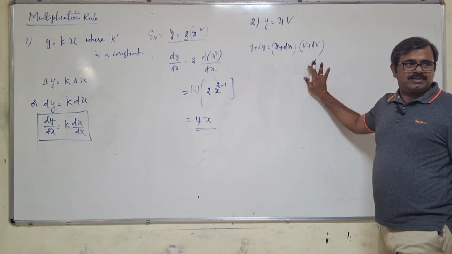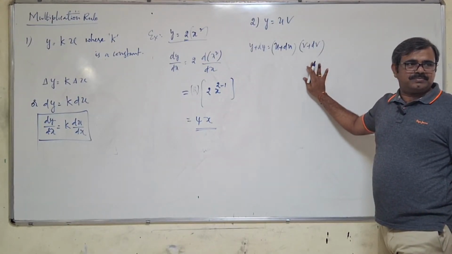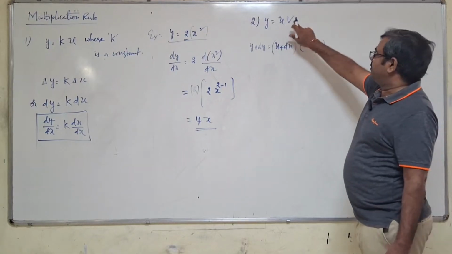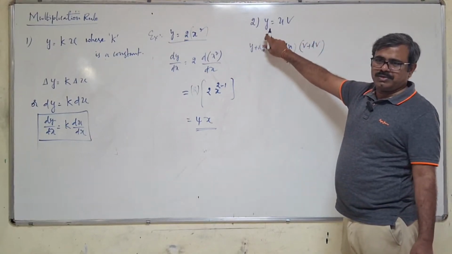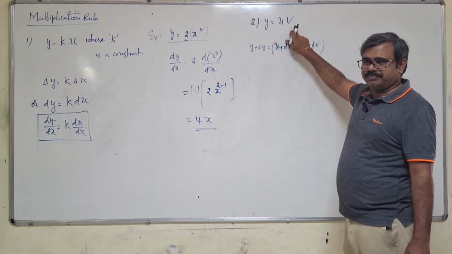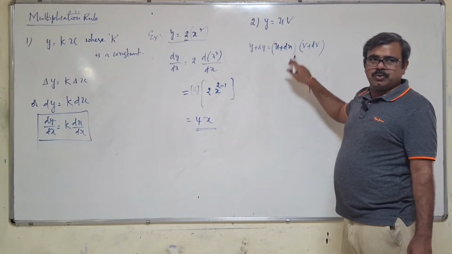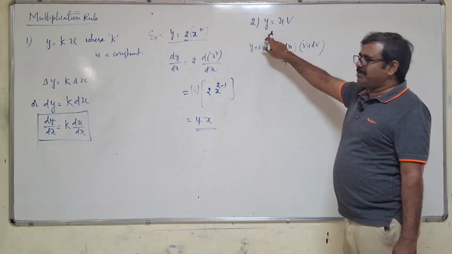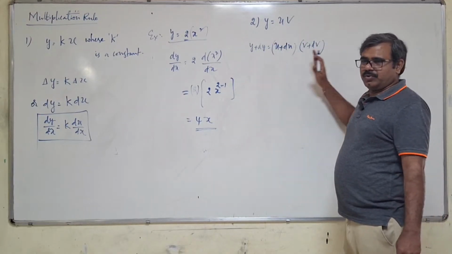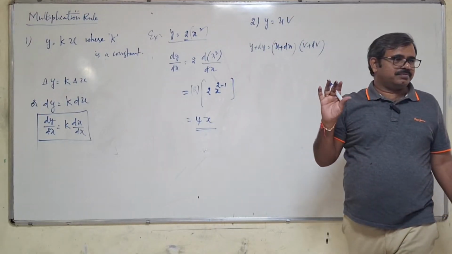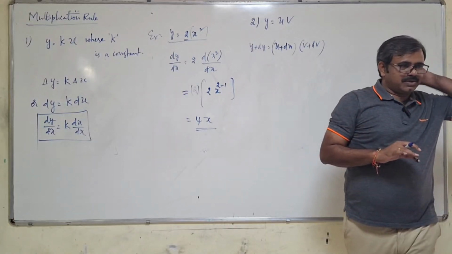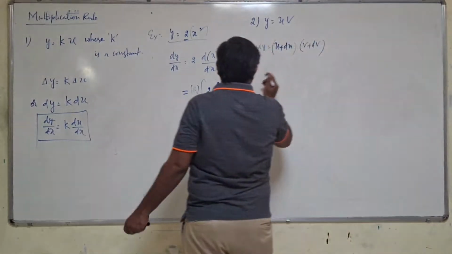Can I write it like this? You understand this? When u is u1, v is v1, y is y1. y1 is equal to u1 into v1. When u becomes u2, when v becomes v2, y becomes y2. y2 is equal to u2 into v2. You understand this? Okay. Now,